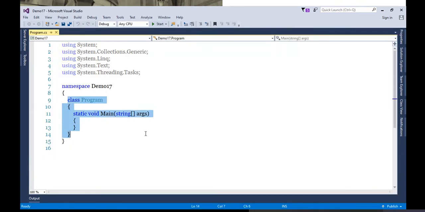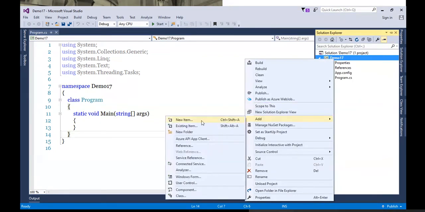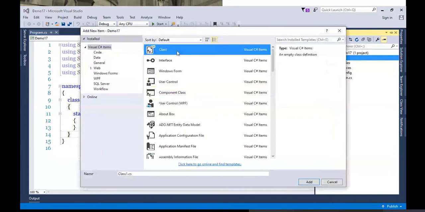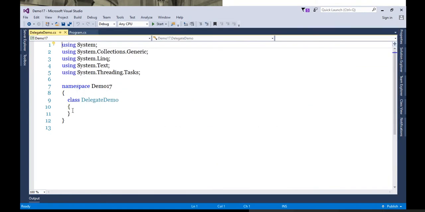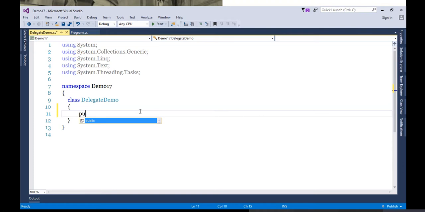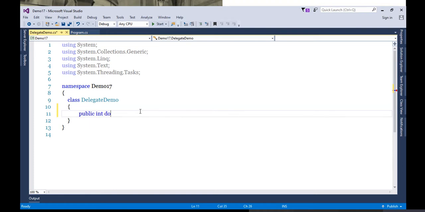Already I got a program class here. Let's take one more class. And what is the name of the class? DelegateDemo. The same name I'm following. Okay, this class contains one method. So let's introduce that method. Public int DoOperations.